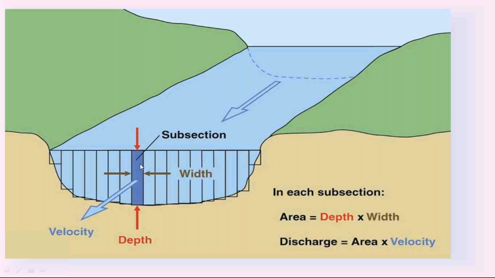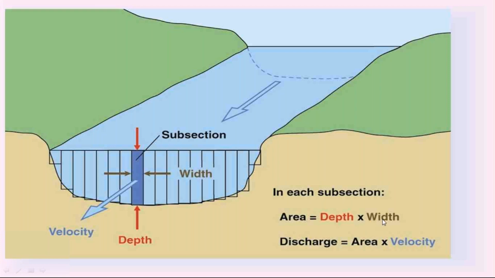Measure the velocity at 0.2y from the top and also at 0.8y from the top. Find the average, that is called the mean water velocity in the open channel. By knowing this mean velocity and this wetted area, I can calculate the discharge in this open channel river. The discharge Q is equal to area into velocity. A is the wetted area, that is the depth of flow into width.